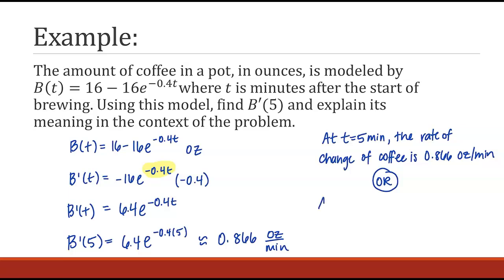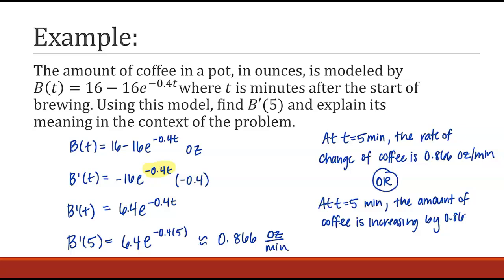So we can say something like, at t equals 5 minutes, the amount of coffee is increasing by 0.866 ounces per minute. And we know that the amount of coffee is increasing because the rate of change,